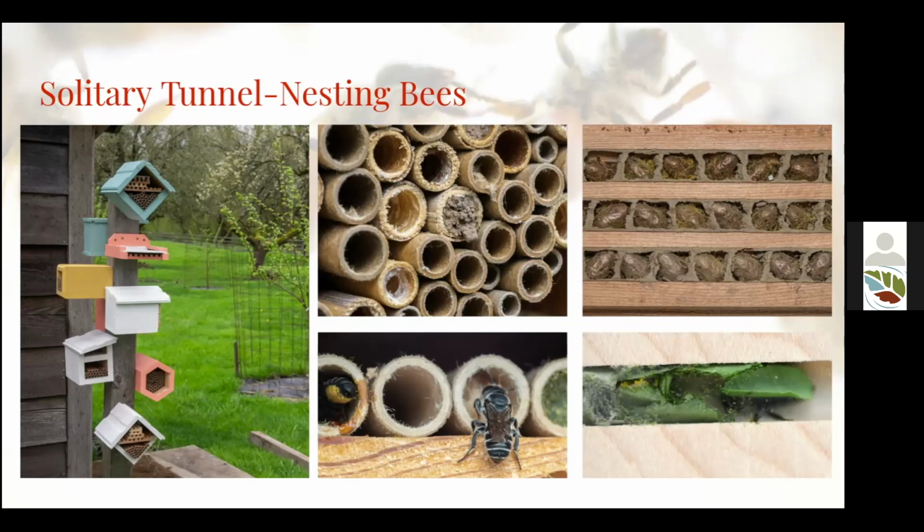And here you can see these are all cocoons or pupating bees in their individual chambers separated by those mud walls. The other group that's most common here is going to be the leaf-cutting bee. And so they're active in the summertime while mason bees are active in the spring.